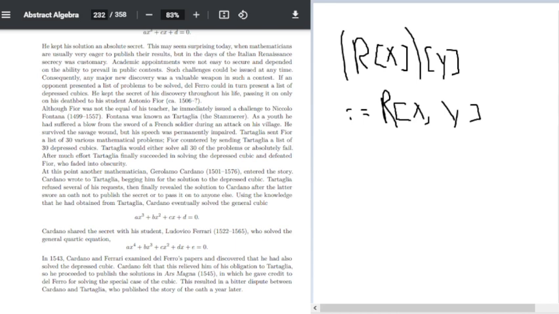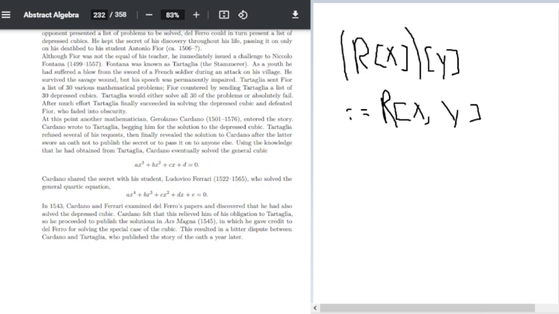Using the knowledge that he obtained from Tartaglia, Cardano eventually solved the general cubic ax cubed plus bx squared plus cx plus d equals 0. Cardano shared the secret with his student, Ludovico Ferrari, who solved the general quartic equation ax to the fourth plus bx cubed plus cx squared plus dx plus e equals 0. In 1543, Cardano and Ferrari examined Del Ferro's papers and discovered that he had also solved